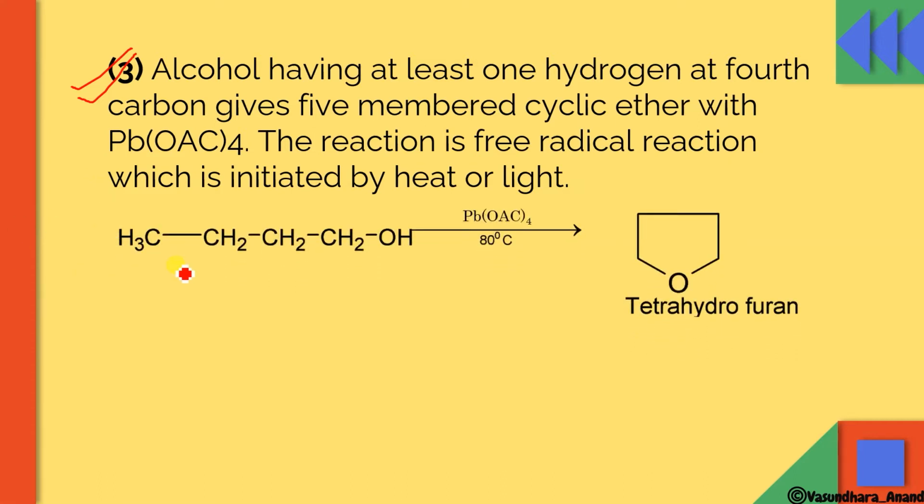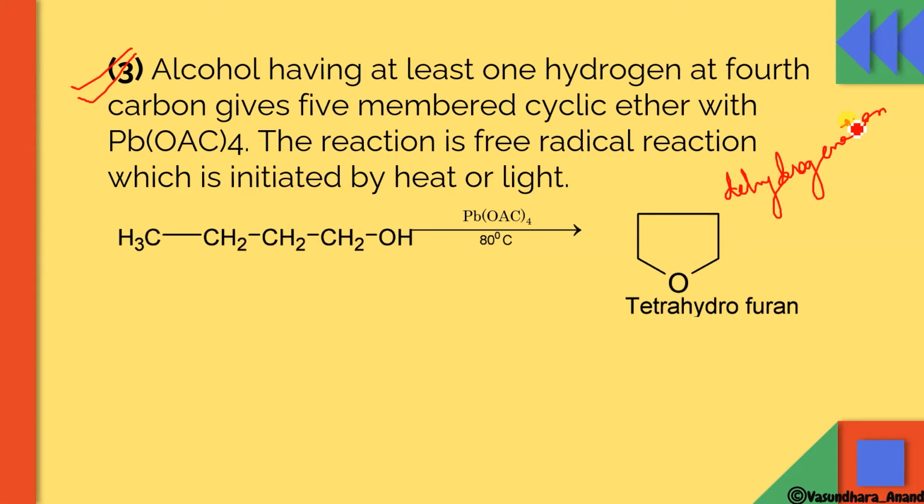So this is ethanol. Here also this water will go out, but the hydrogen of the 4th carbon will go. So this is 1, 2, 3 and 4. What will happen? The H of this and this H will come out as H2, and then it will form tetrahydrofuran. So this reaction is a type of dehydrogenation. With this help, it undergoes ring formation, and it will lead to formation of cyclic ether.